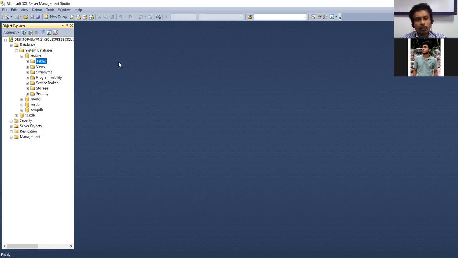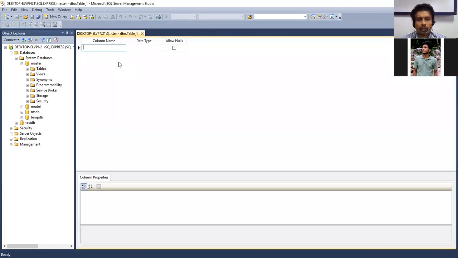Basically it will open an empty table, without any column and data type. So we have to add the number of columns, and the corresponding type should also be added.